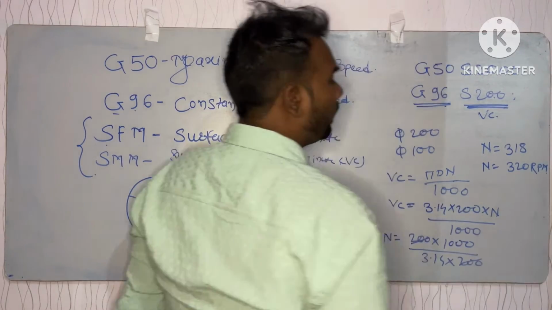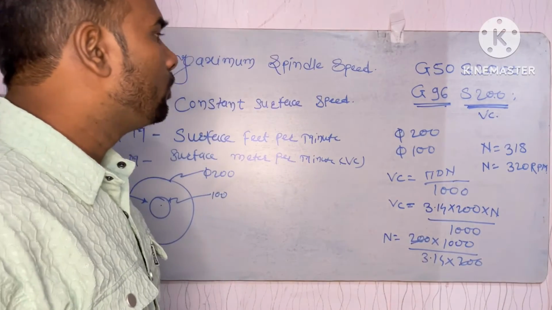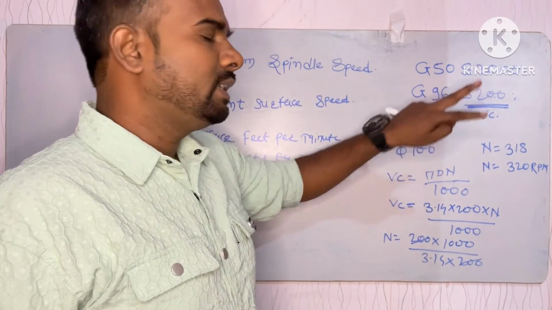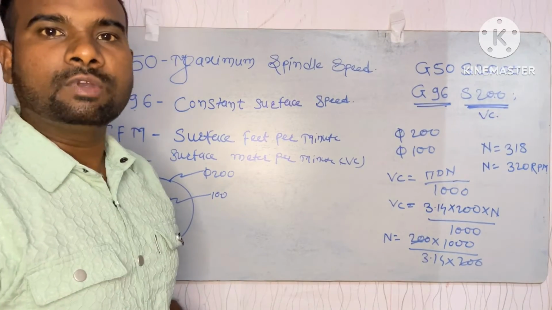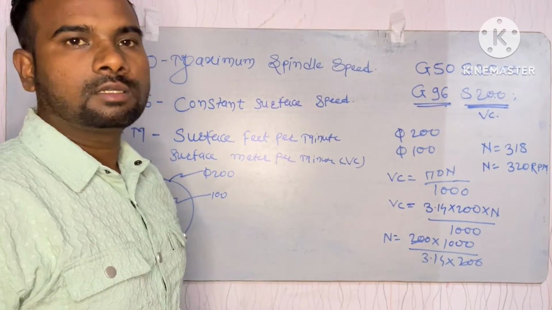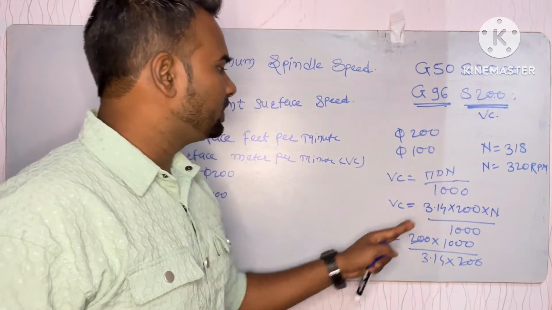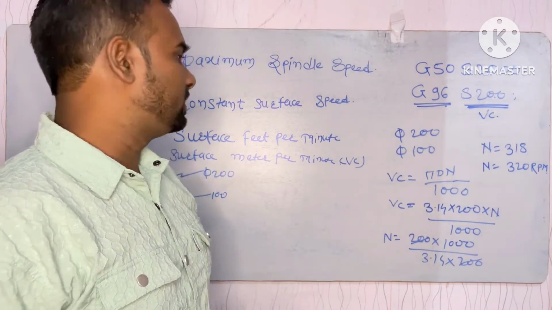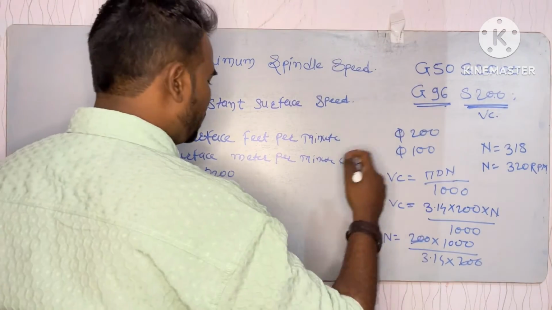Now if we use this RPM for diameter 200 and also use the same RPM in our program for the smaller diameter, then we can lose our VC. So how can we lose our VC? Just input this RPM in the VC formula and check what the VC will be. So VC is equal to pi dn by 1000. Now simply input the values.